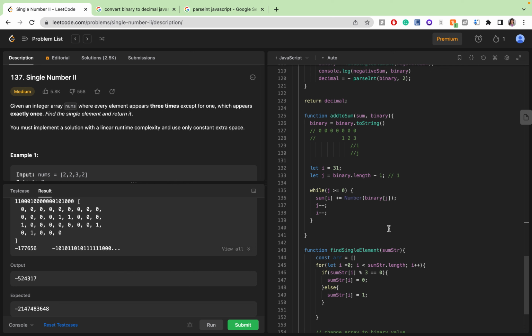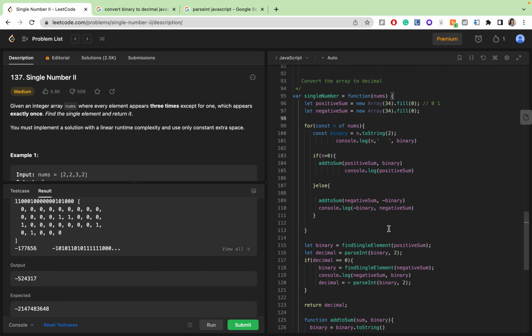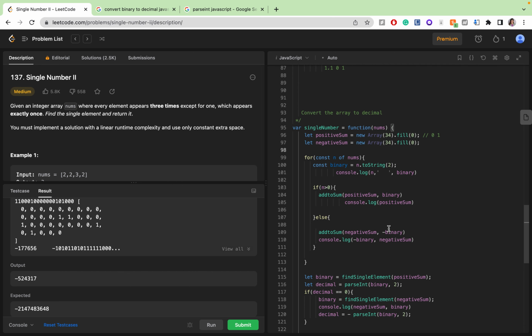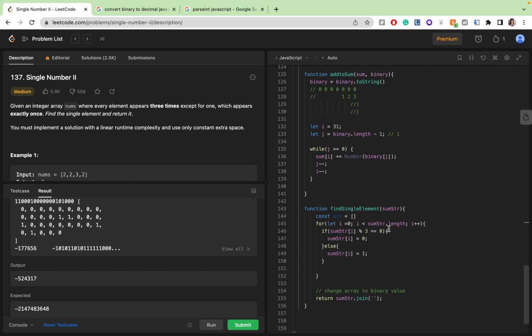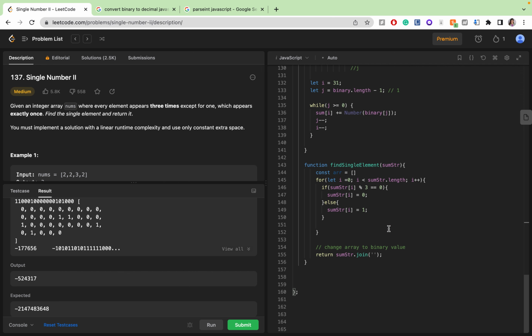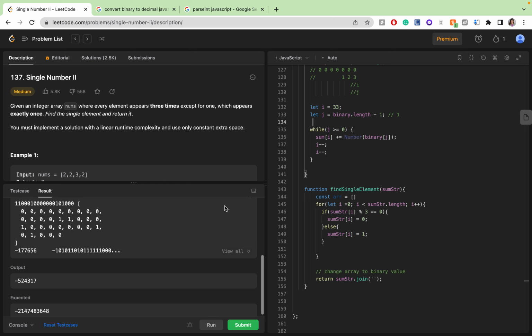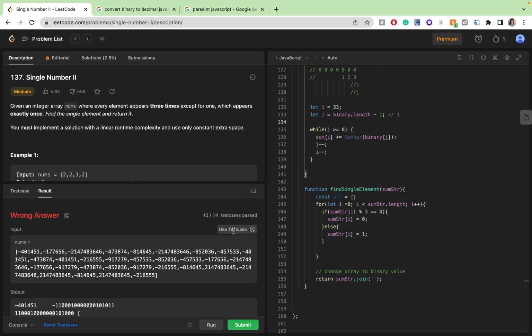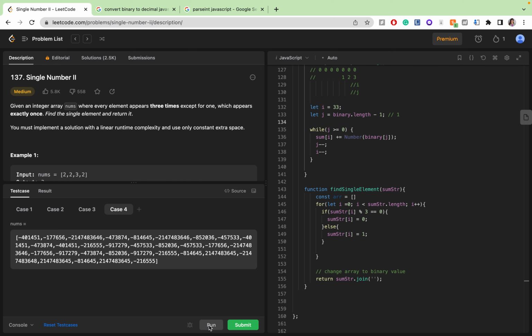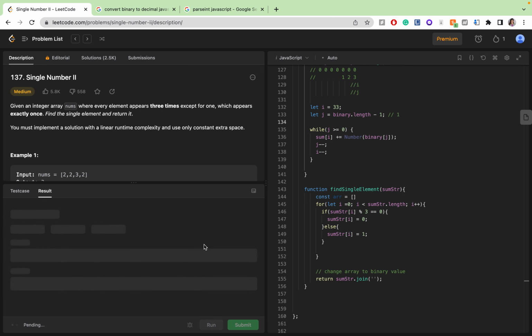If I do it 34, then this will be 33. Using the test case, if I run,